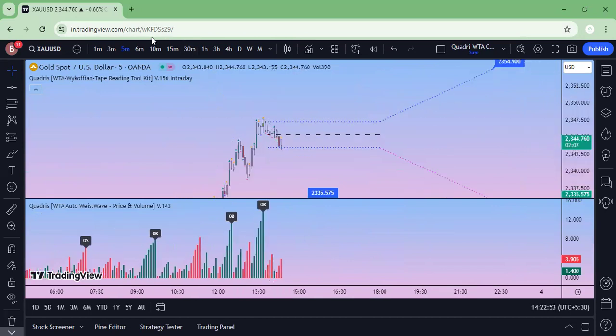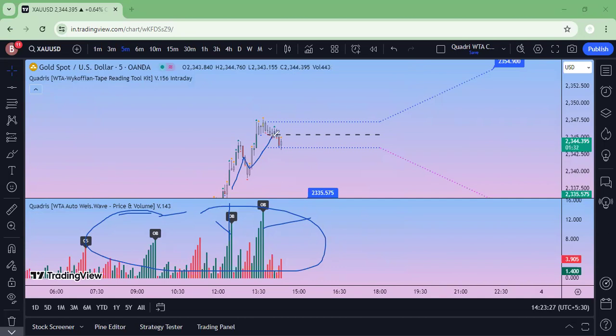For this, I use this indicator along with it. This is a Weiss wave indicator. You might have heard about David Weiss. He's one of the people I admire, and I have improvised his version into my version, that is price and volume. This is a 143 version indicator, and what it does is show you the fuel or volume in a form wherein you can assess whether the prices are going to go upwards or not.